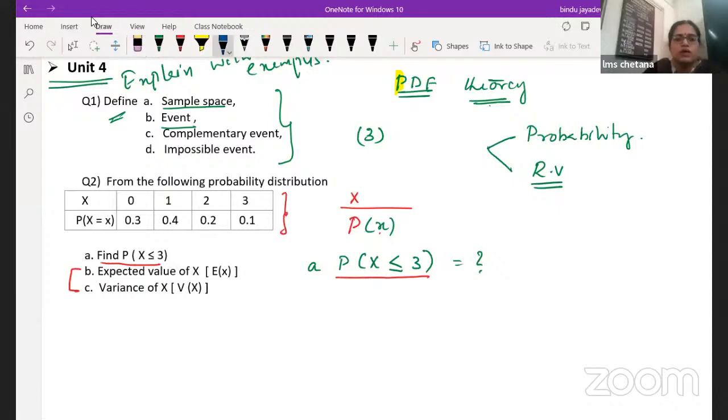See here, what is the probability of 0? 0.3. What is the probability of 1? 0.4. What is the probability of 2? 0.2. What is the probability of 3? 0.1. That way the probability is given. Now we need to think about X less than or equal to 3. X less than or equal to 3 means the numbers less than 3, and 3 itself,